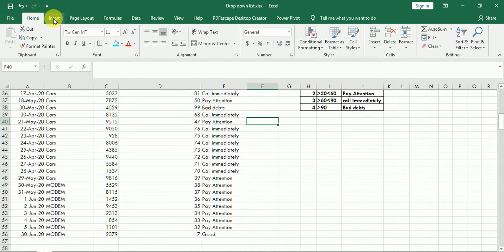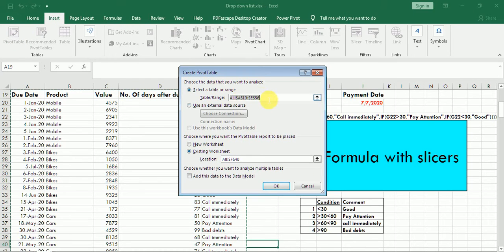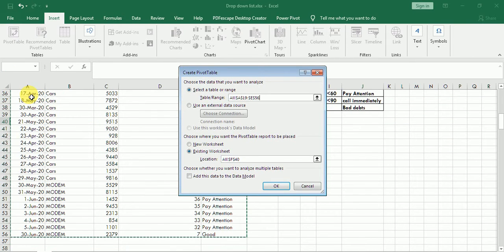For inserting a pivot table, I have to click on insert pivot table. It is asking me for a range. By default it has selected, let me show you again, the table range from this cell to the bottom. See, we have selected it.